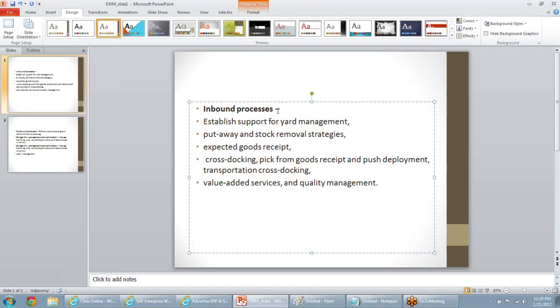First of all, we need to have a good process. Then, a lot of things to put away, and again, how to optimize. For example, if you get a pallet of dimensions, say 6 feet by 7 feet by 2 feet, how are you going to optimize, and how is the system going to identify exactly in which storage location or section to put it? Exactly. So that is one inbound process.